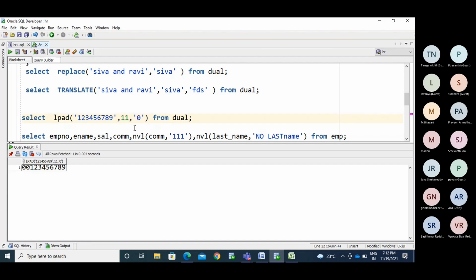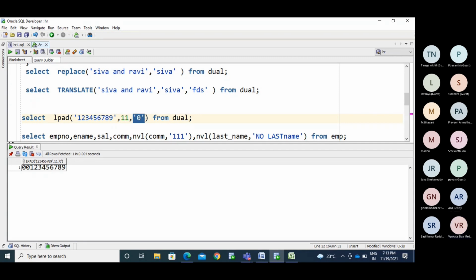From dual. See what will happen here. Whatever string you pass in this, it checks for this length here. If the length of the string is equivalent to this, it displays the same value. If the length is not equivalent to this, it pads the number of digits we have less.